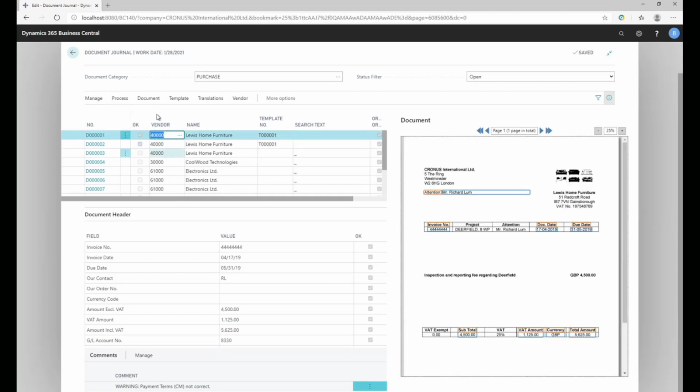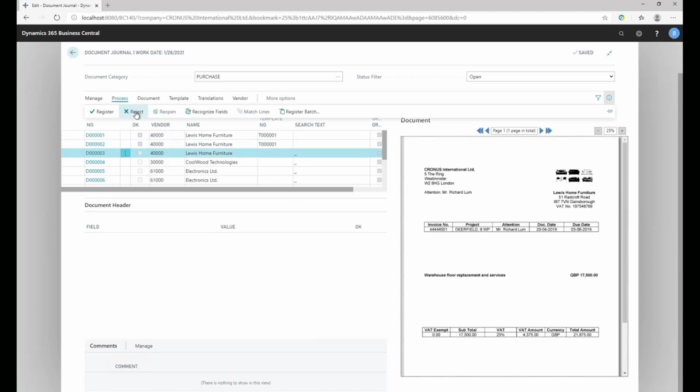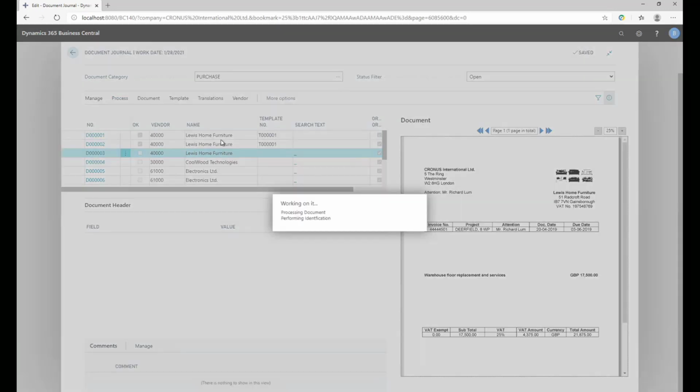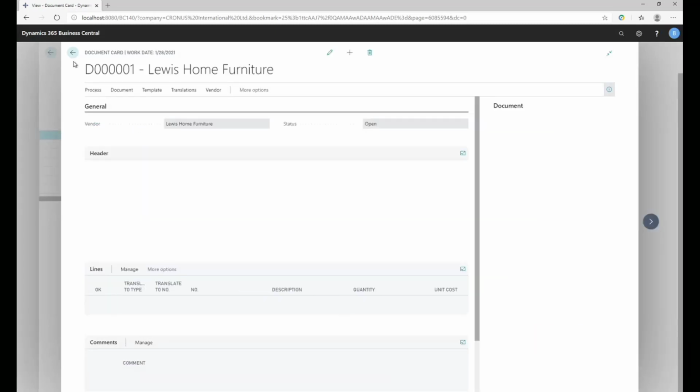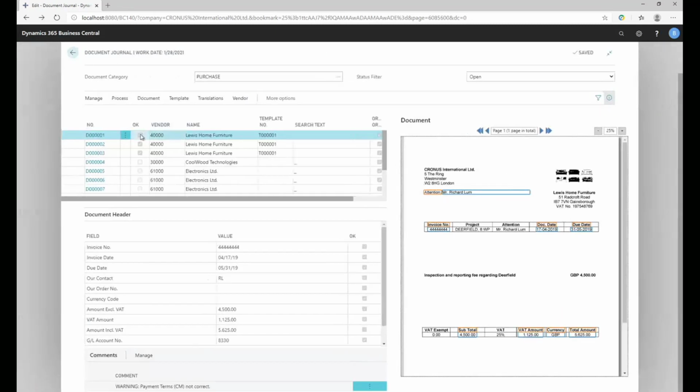So if I do the same for the third one as well. And then once you've got them, it's a bit hard to see in the web client, but in the full client, the OK tick box should be set. This means that you can register it and create the purchase invoice ready for posting or sending for approval. So if I register this first one,